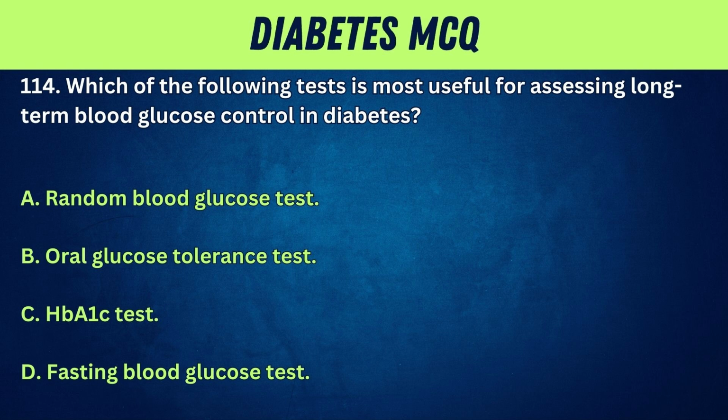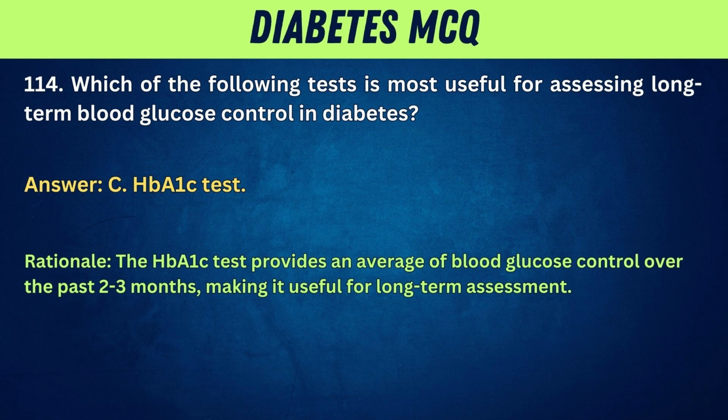114. Which of the following tests is most useful for assessing long-term blood glucose control in diabetes? A. Random blood glucose test. B. Oral glucose tolerance test. C. HbA1c test. D. Fasting blood glucose test. Answer. C. HbA1c test. Rationale. The HbA1c test provides an average of blood glucose control over the past 2 to 3 months, making it useful